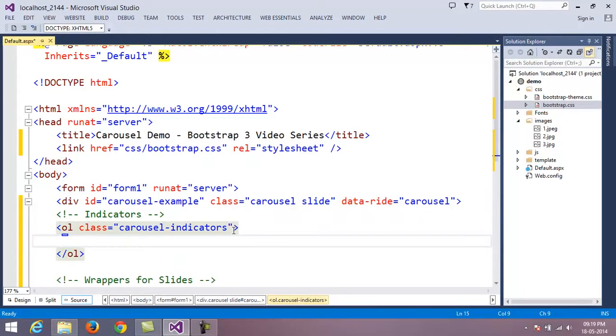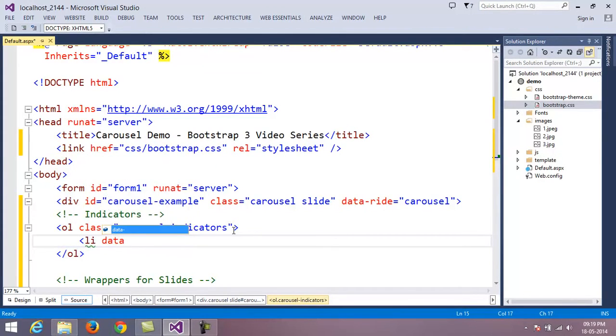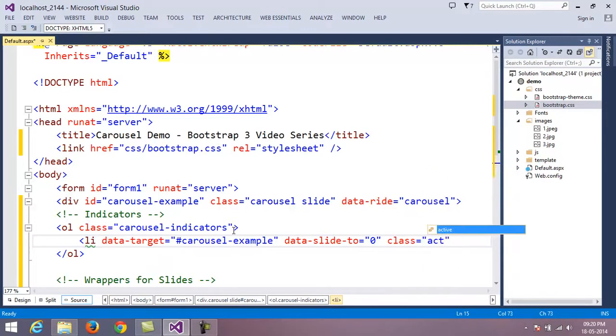I have three images, so let me provide three list items. data-target equal to hash. The target is going to be my carousel-example, and data-slide-to 0. And this is going to be the active one, so I say class is going to be active.